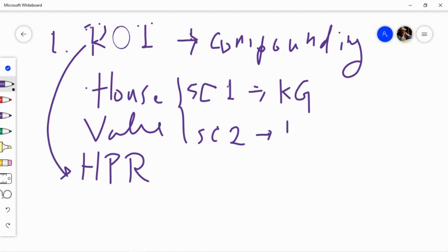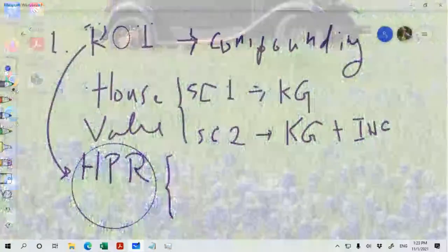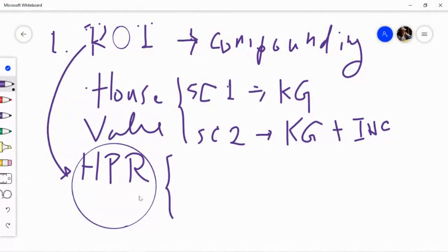But in scenario 2, there will be capital gains plus additional income, additional cash flow, which is rental income, right? So that's the difference between scenario 1 and scenario 2. And also the holding period return will be different depending on whether it is scenario 1 or scenario 2. And the reason the holding period can be different, I mean, some people may have,